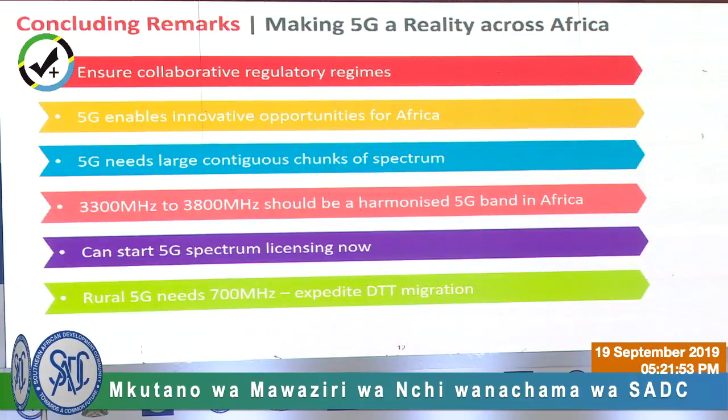In most of the markets in SADC, these spectrum bands have not been licensed to mobile operators for mobile services. Unlike 4G, there's no opportunity to refarm existing spectrum for 5G. We need new spectrum to roll out 5G. Tanzania is one exception where 700 megahertz has already been licensed, and Vodacom Tanzania has actually been awarded that spectrum. So I think it would be great if the rest of the markets could be awarded similar spectrum. Now, the final remarks from me, to conclude the presentation since I have only 2 minutes,